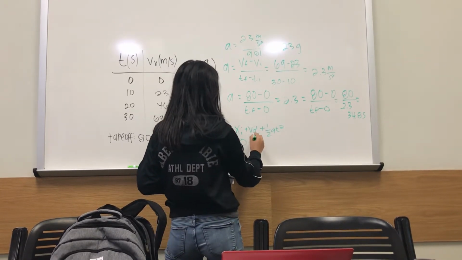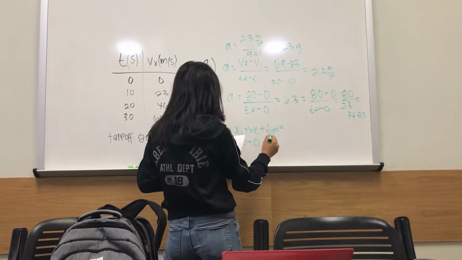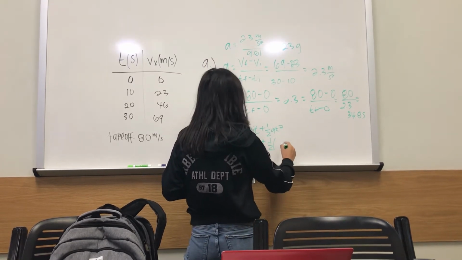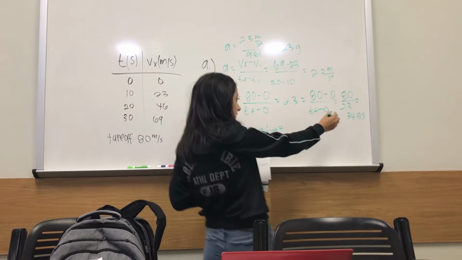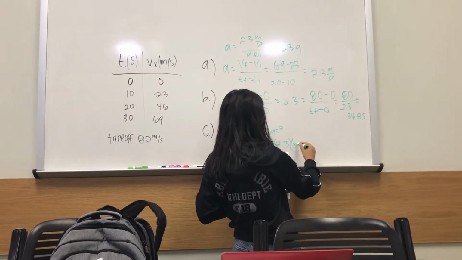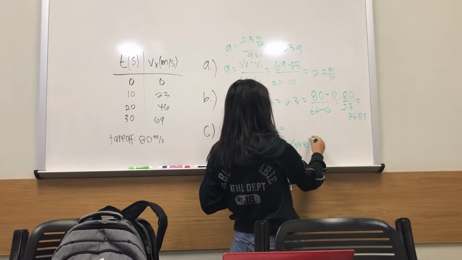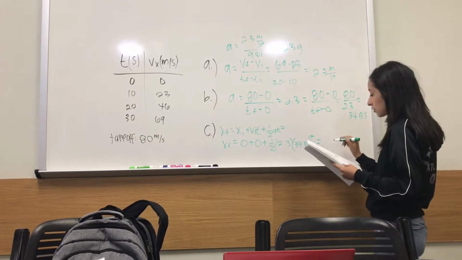Our initial time is 0, so that makes this whole term 0. And then we have 1/2 times our acceleration that we got from here times our time in seconds, which is 34.8, and then we have to square our time. And so when you solve this, you should get